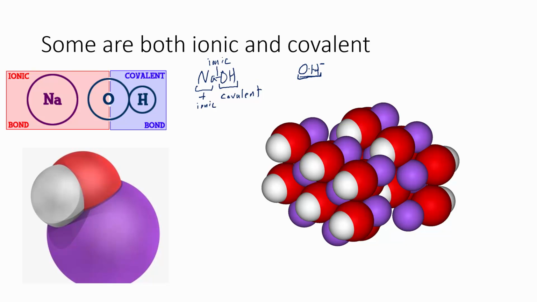So the oxygen to the hydrogen is covalent, but the sodium to the hydroxide is ionic. So you've got a space-filling model, the sodium, ionic bond, covalent bond between hydrogen and oxygen. And then we have a whole sequence of these as a crystal because it's an ionic compound. So we have repeating units of positive and negative